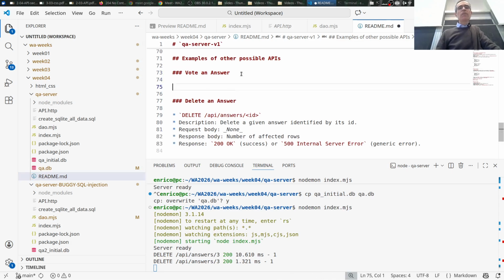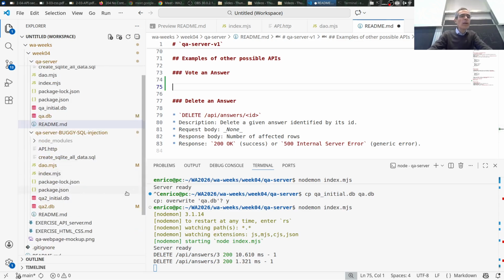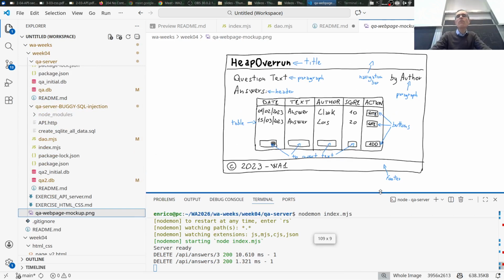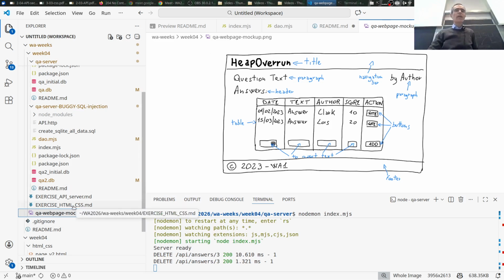Vote an answer. Okay. What does it mean, vote an answer? I know, you don't know. I mean, the whole application that we would like to develop is an application like this, okay? And next time we will discuss how to design the interface and so on. So it's an application like the Stack Overflow that my colleague a few years ago renamed heap overrun, okay? Basically just a question with a list of answers. And then we will add buttons for deleting an answer, adding an answer, editing an answer, all this kind of thing,